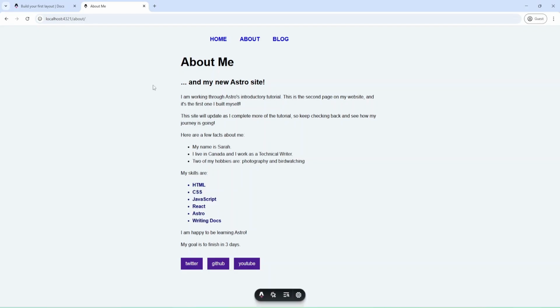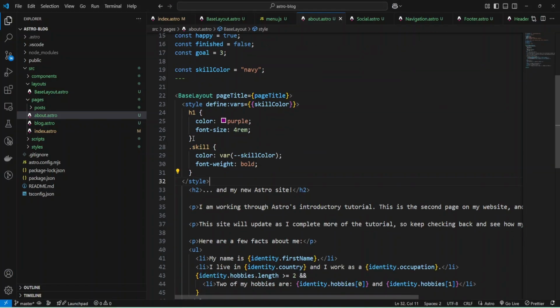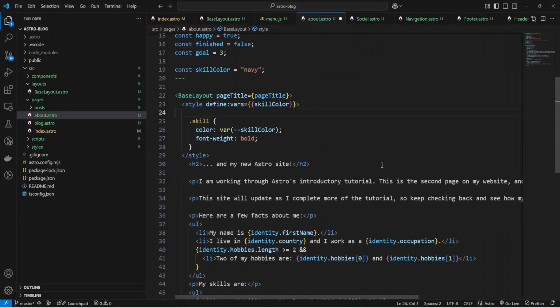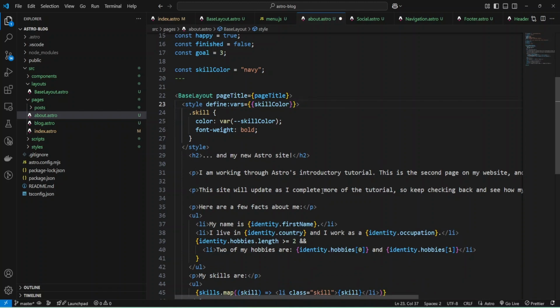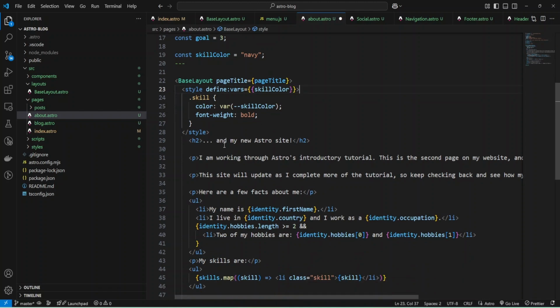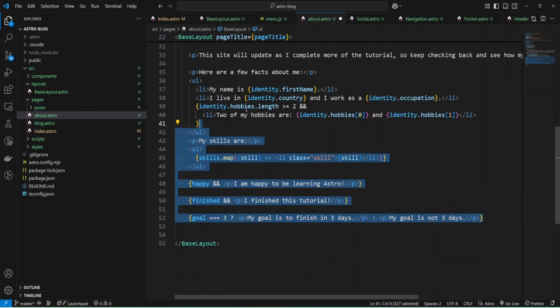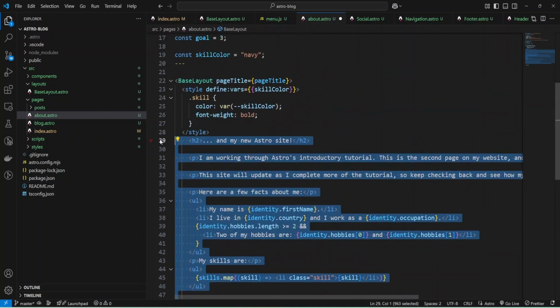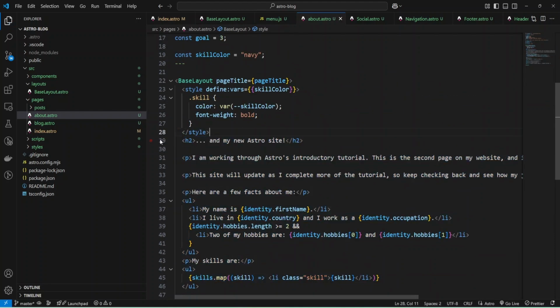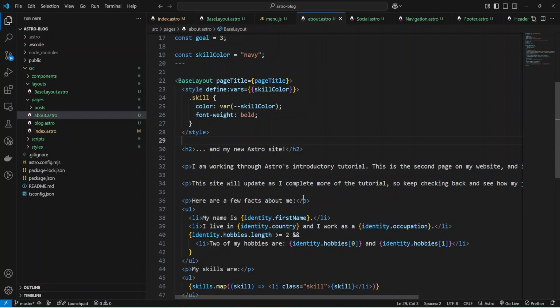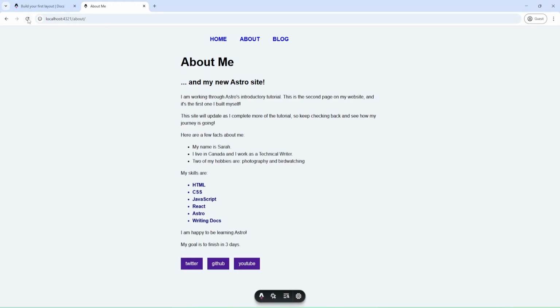Let's check again. As you can see, we have styles for our list, and I can remove styles for the H1 tag because we have them globally, and also I can adjust the code. Okay, looks good so far. Let's check again, refresh, and we have our styles.